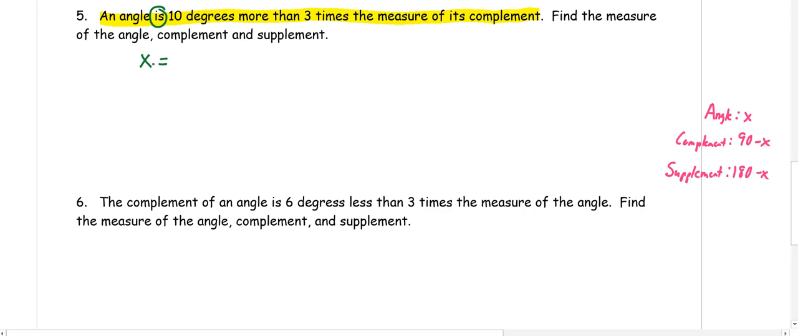So we're going to work backwards. The measure of its complement, that's 90 minus x. 3 times that, and then plus 10 for 10 more. So now I'm going to solve for x. So I'm going to distribute